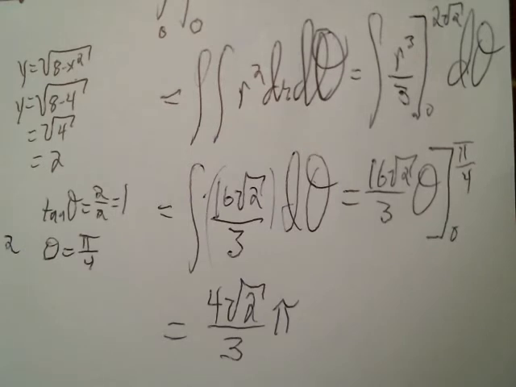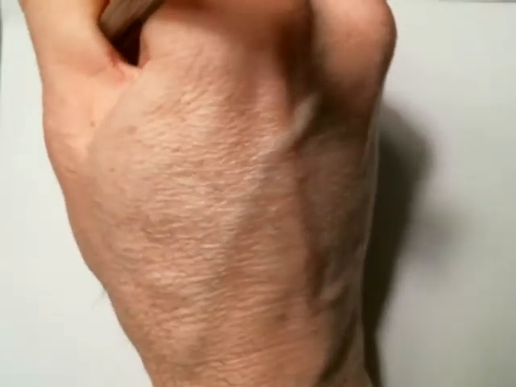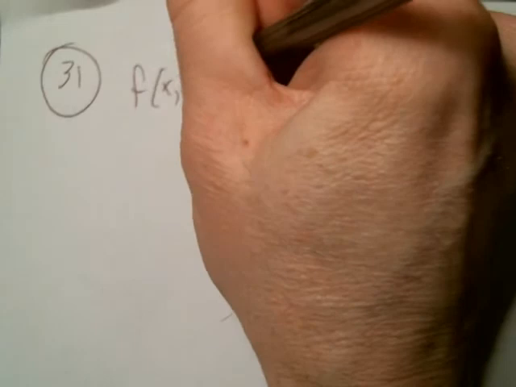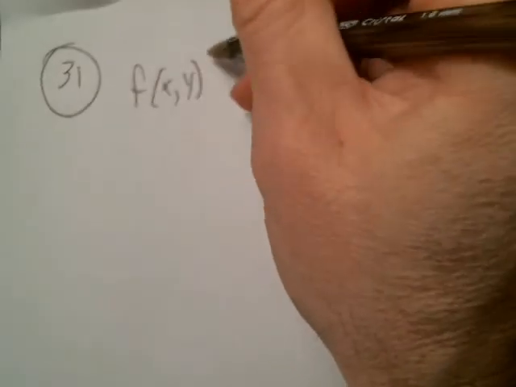Okay. Just 2 more. This time we want to find the area between 2 polar curves. In particular, we are finding the volume